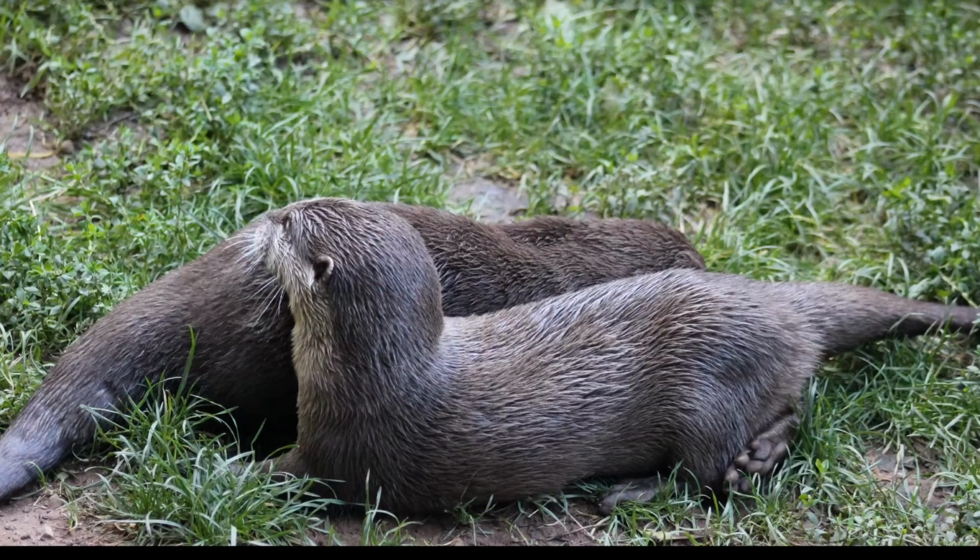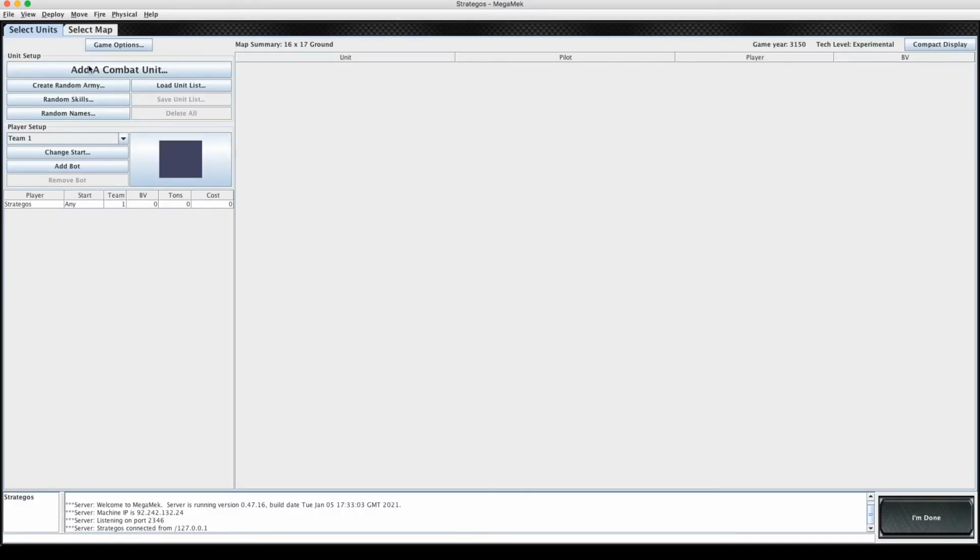So I'm just going to click start a new game, and I've got an idea for a pair of maps that can be put together. Of course I have. So here we go. We're in the standard MegaMek interface,